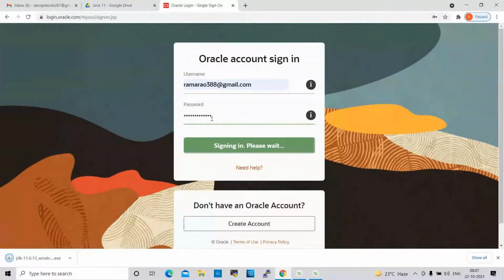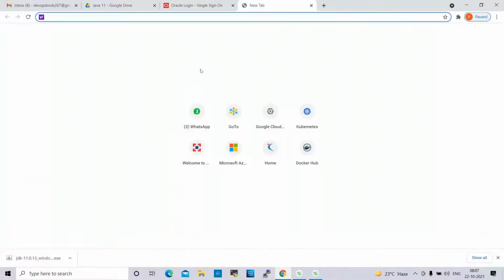Once it is downloaded, we have to double click on it. It will be installed: next, next, next. After that, we have to set environment variables. I'll show you how to set that now. So someone share the laptop so that I can configure it on that. Once we configure the environment variables, after that we have to go to